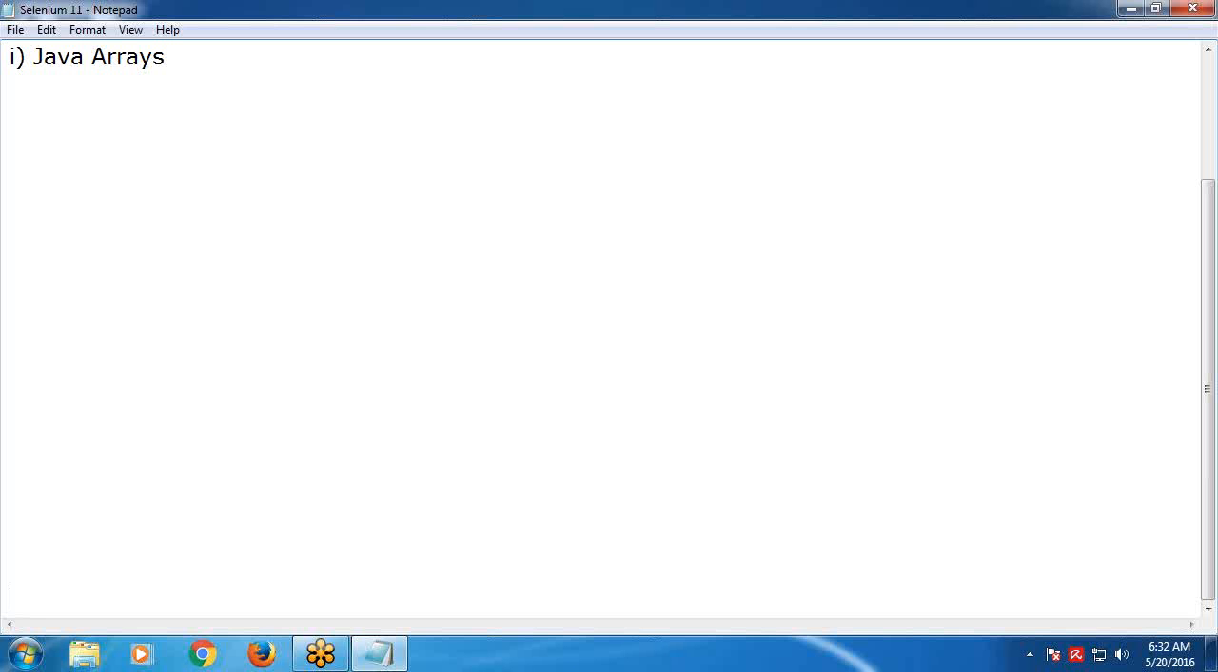Next, the length of an array is established when the array is created. Next point, array length is fixed. Index starts from 0 to n minus 1. See, first,